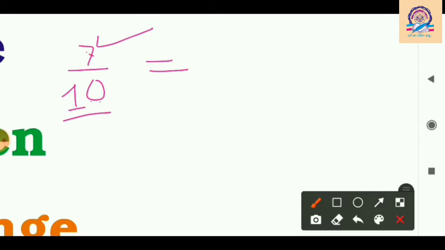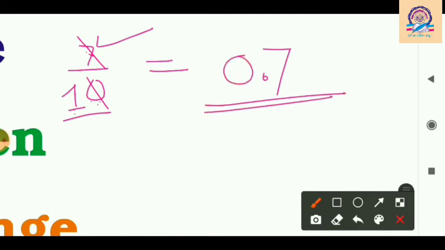So here we have only one digit, that is 7. So this 7 we will take for 0. So write only 7. And here are no more zeros. Now we have only 1. So 1 means it was standing for decimal. So now in decimal form it will be converted in point. And no other digits means 0. So now it will become 0.7. So in this way we can convert the fraction number into decimal numbers.